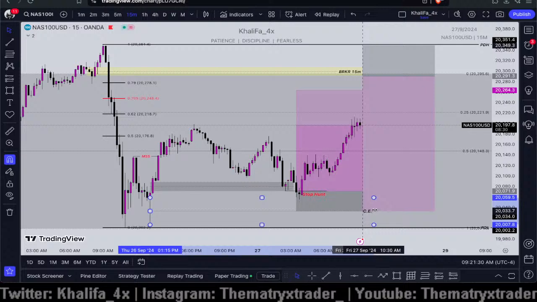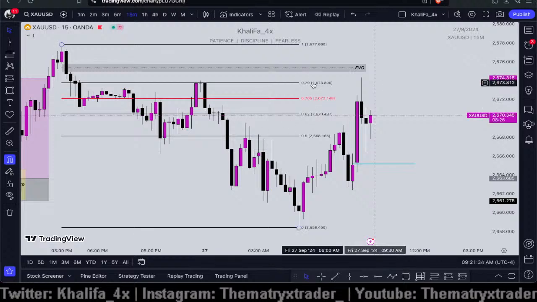Alright, okay, and we already got a real nice entry in this from this 0.79 retracement level. And even though we already got our entry from this level, right? So what I'll be looking for now,